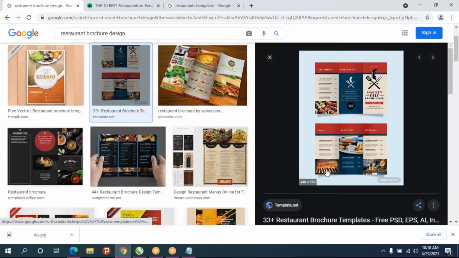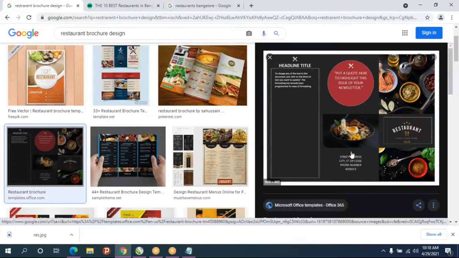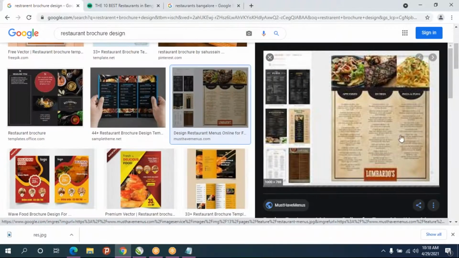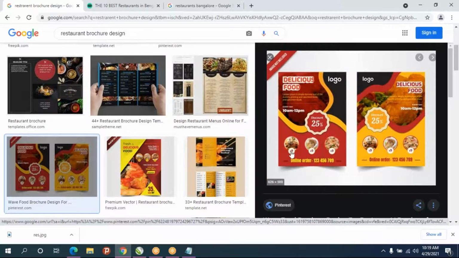See, like this we need to add more photos, and the flavors will be there. The photo is more important, and the dishes available in your restaurant. Suppose if it's fashion design means you can use fashion things. So like this we need to arrange.